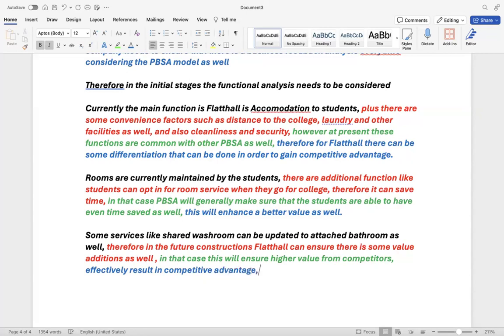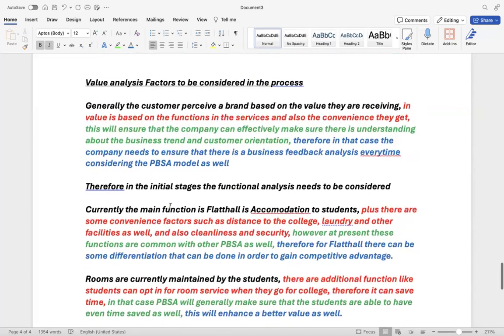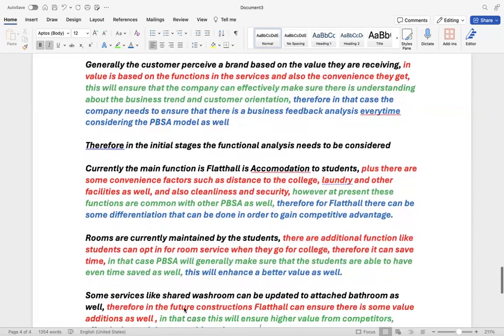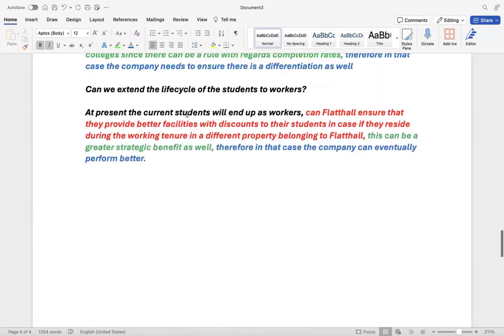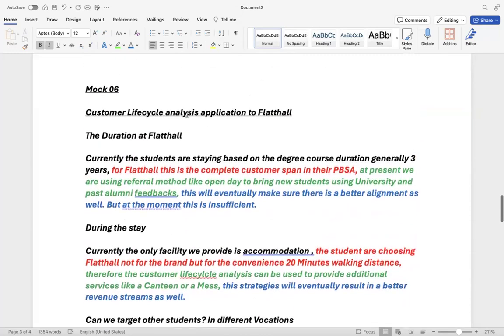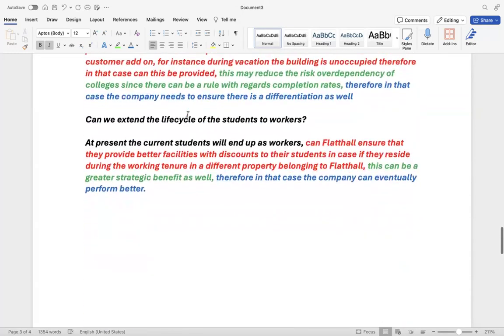Full stop. Students, can I get a confirmation from you all in the chat box? Students, are you clear with this? This is just an application of how value analysis needs to be connected. Now, I believe that most of the students would have understood. You can pass this exam with confidence, students.